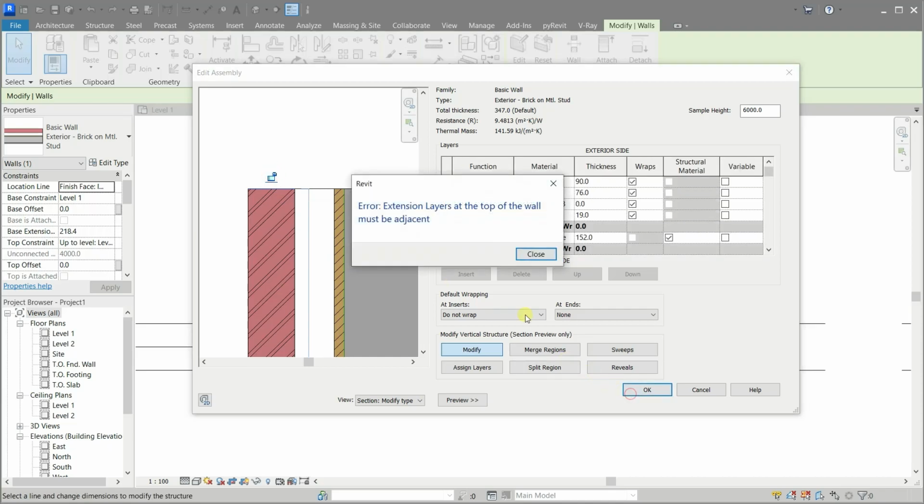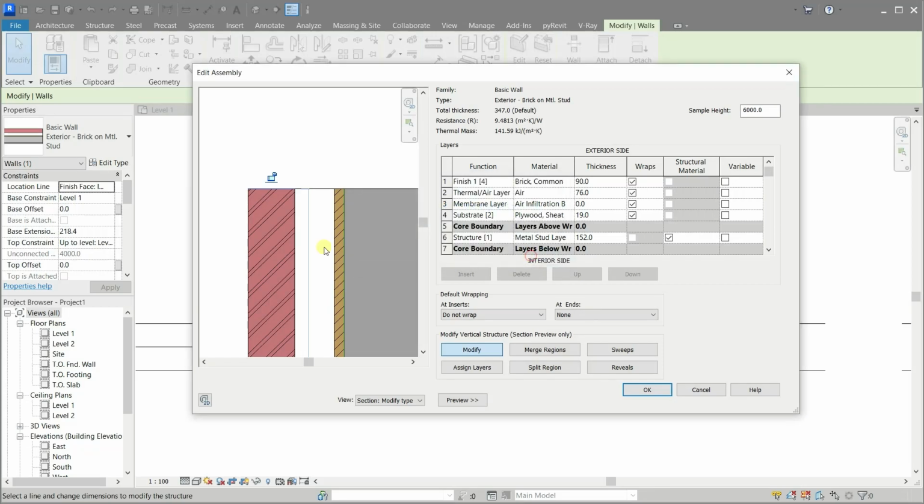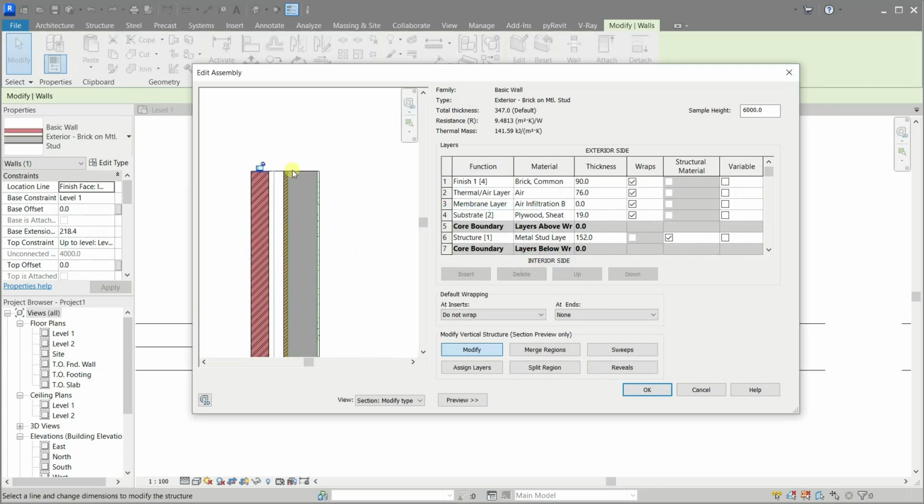Now click OK. Oops, Revit refuses to do that. You have to make a choice here, either internal layers or external layers. You cannot have them both. That's a limitation of this great feature.